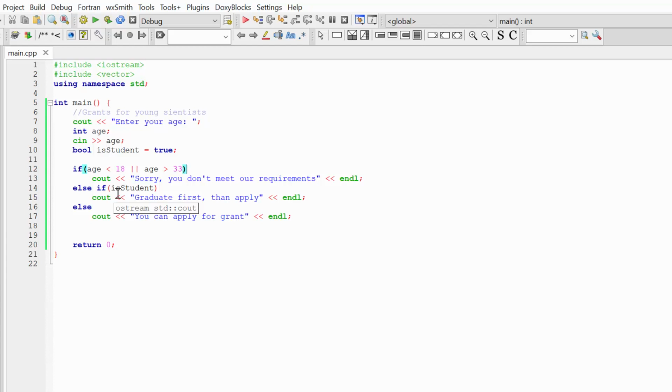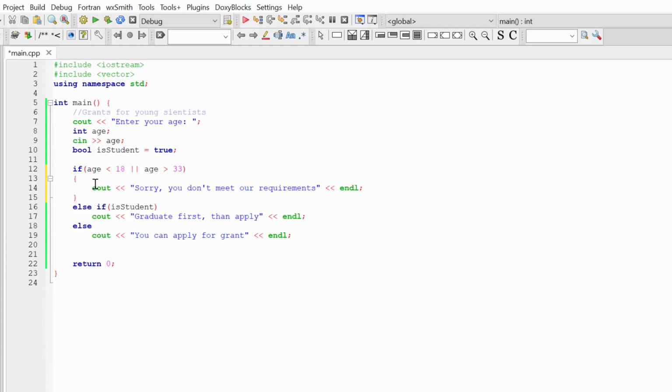And the second thought is that you shouldn't mix different styles. If, for example, I use curly brackets here, but I'm not going to use curly brackets for the next line, you can already see that it looks not very readable, not very pleasant. So if you already started to use curly brackets, use these curly brackets everywhere. But if you have a very simple check where for each condition you have only one line of code, in this case you can avoid curly brackets.